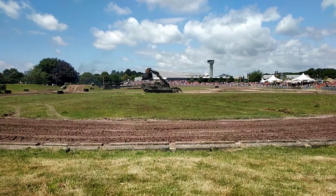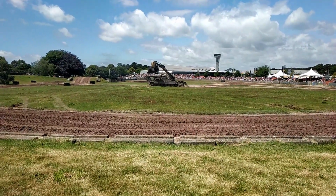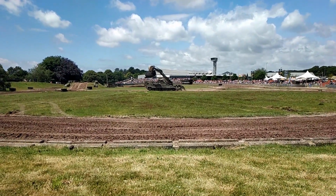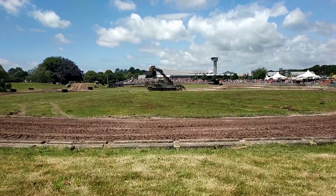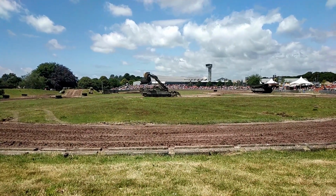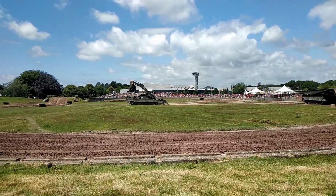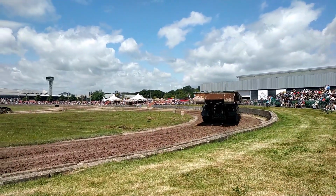Now Titan there, the bridge layer, it's got a crew of 3. 1,200 brake horsepower engine you're listening to there, pushing it along, weighs about 62 tonnes. It's a big heavy vehicle, which again, that's another thing that all the reconnaissance guys have to look out for. How are you going to get 62 tonnes worth of vehicle where it's needed? So that's another role of the vehicle like the Jaguar when they're doing that scouting and